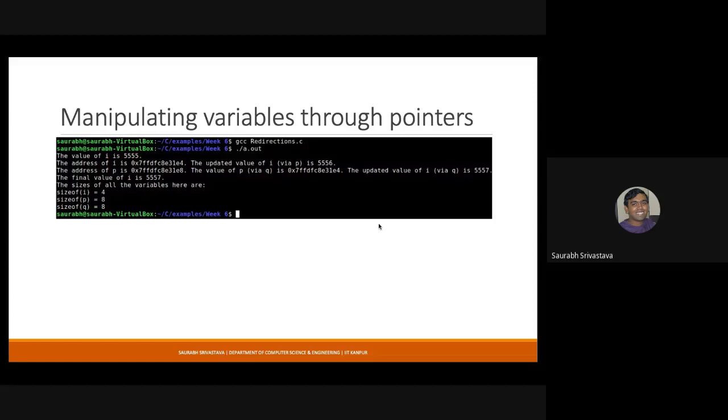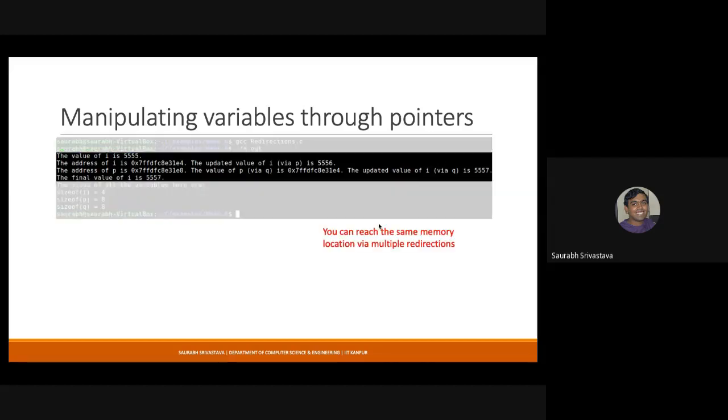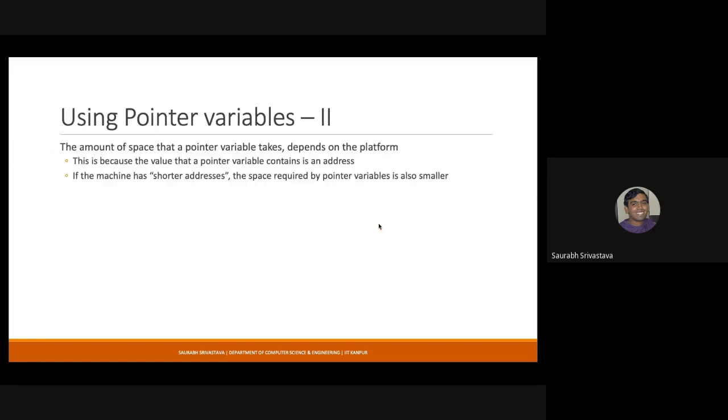If the type to which the pointer is pointing is integer, whenever you add one, you add 4 bytes to it, considering that the integer is of 4 byte size. If it is of type double, you add 8 to it. If it is a particular structure variable, then you add the amount of bytes that this structure occupies in memory. So whenever you add or subtract something from a pointer, the actual number that gets added to the address depends on its type.